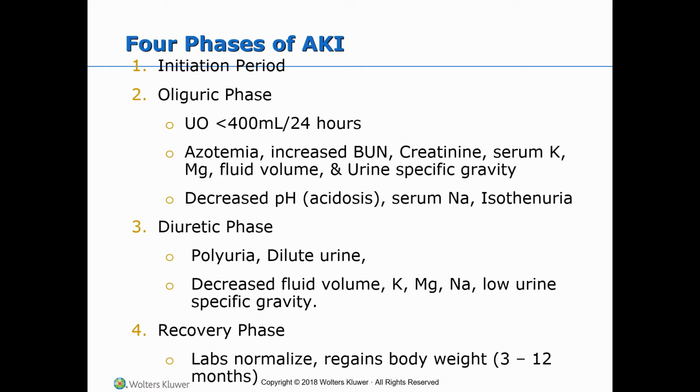Electrolyte imbalances also cause nausea and vomiting. The third phase is the diuretic phase, and this is marked by polyuria from diuresis, which signals that the glomerular filtration has started to recover. The diuresis can result in fluid volume deficit, monitor for dehydration during this period, hypokalemia, and hyponatremia, low specific gravity, less than 1.020, uremic symptoms may still be present. Sometimes patients may not experience the oliguric phase and may progress directly to the diuretic phase, during which the urine output may be as much as 10 liters per day.